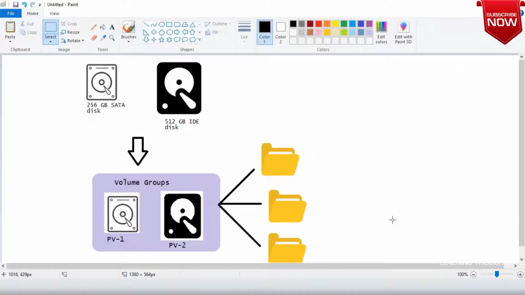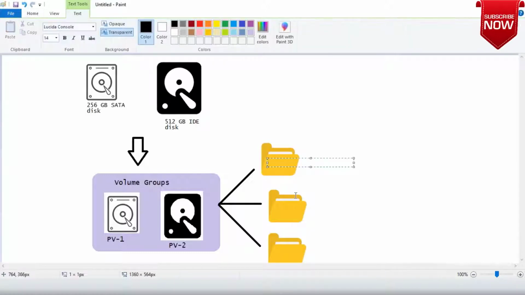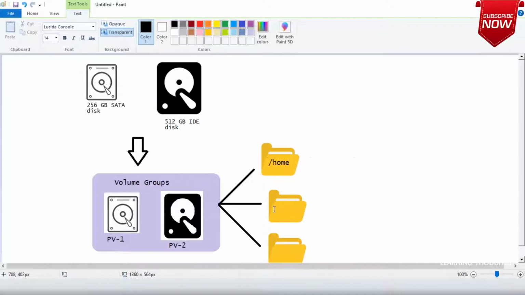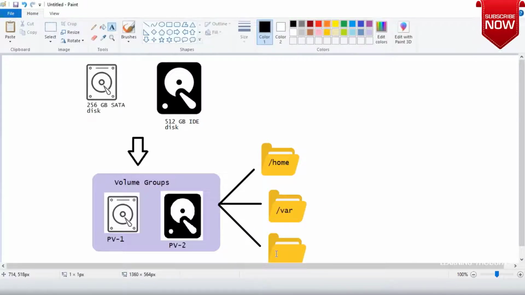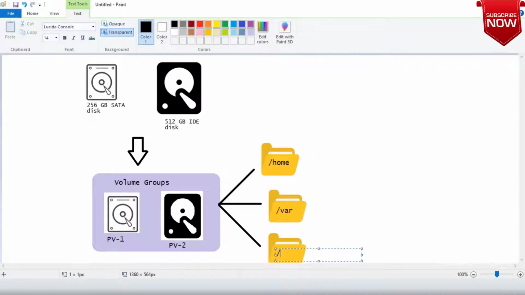Let me call one slash home, another slash var, and this one slash project or slash tools, something like this.